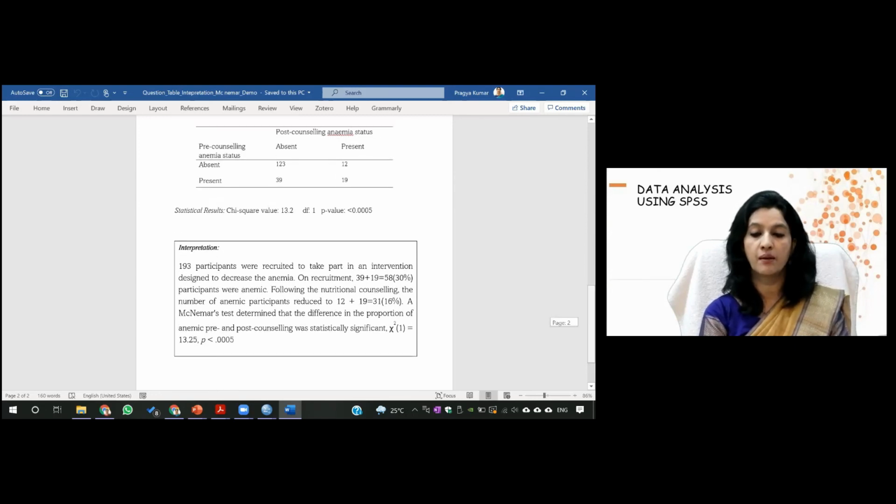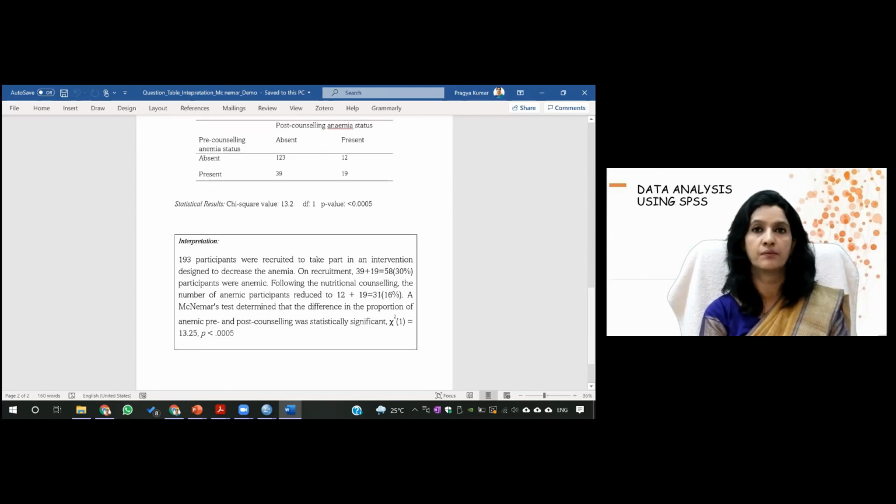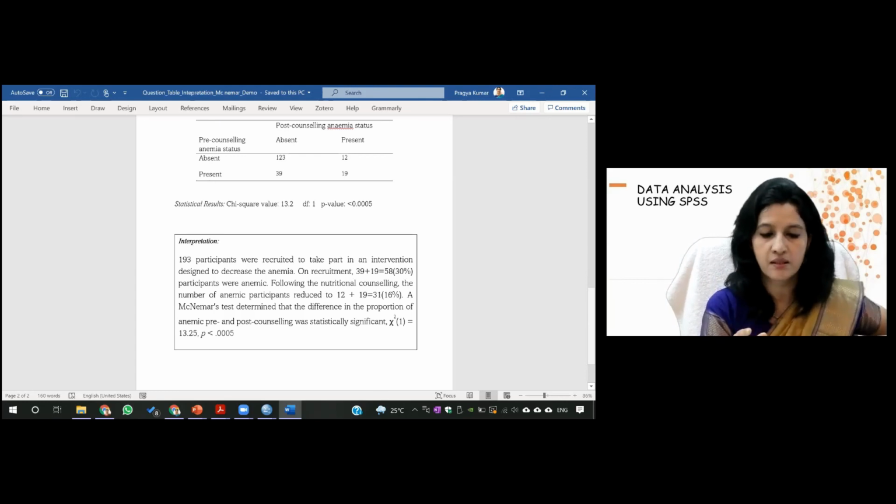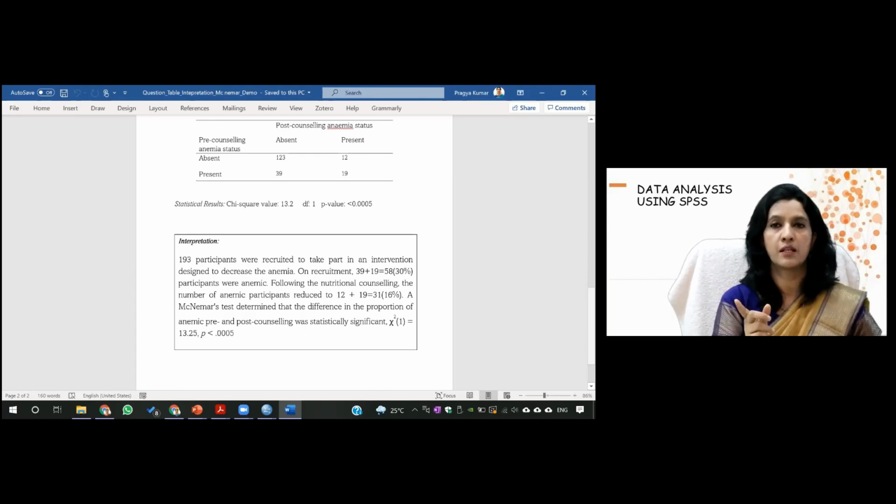So did you get this McNemar, all of you? Did you understand the concept, or do you want me to repeat any concepts? Pawan is writing yes. Just remember one thing: rows are for the pre-intervention and columns are for the post-intervention. Then it will be easy for you to understand. And the actual p-value, I'll check once you go for the breakout room, and then I'll tell you once you're back. Okay.